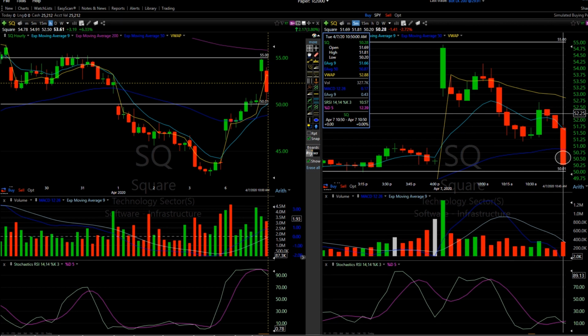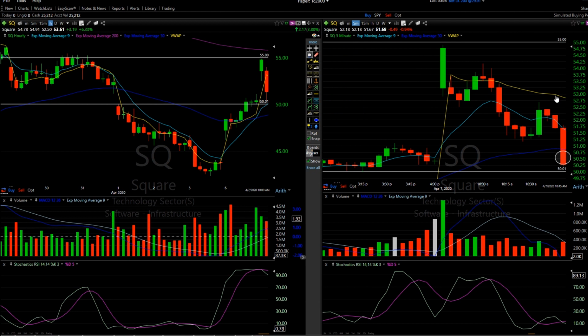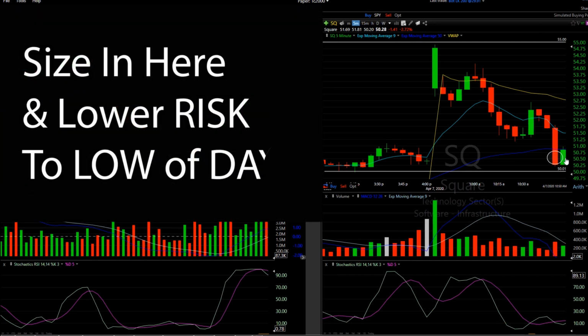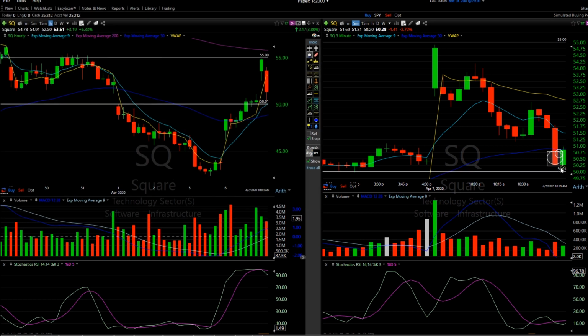On the next candle, as it opens up, we want to go ahead and, as we see it hold 50.25s again, we go ahead and we add here at this 50.75 another 100 shares, which is going to put us somewhere in between 50.60. That's going to give us 2 entries and a nice average there where we can go ahead and risk now off the bottom of the low, which was at 50.20. We don't want it to go through that 50.20 so that we can risk for that